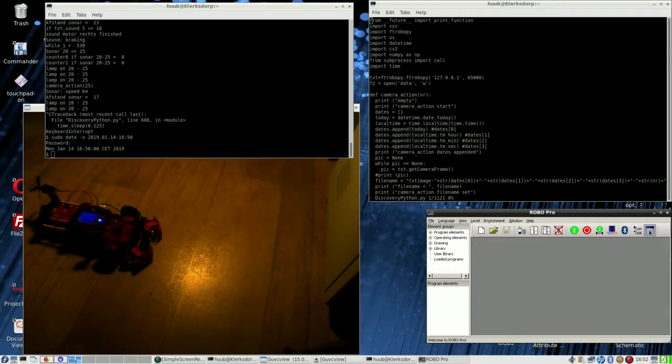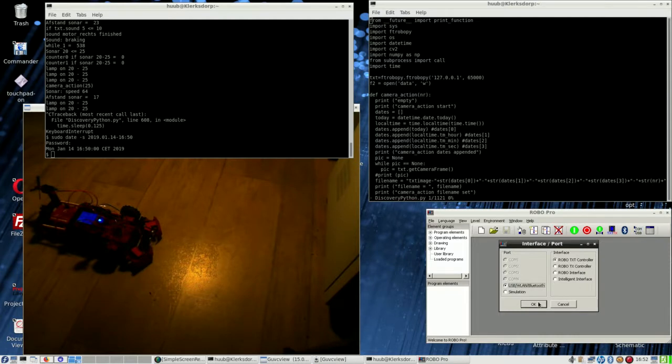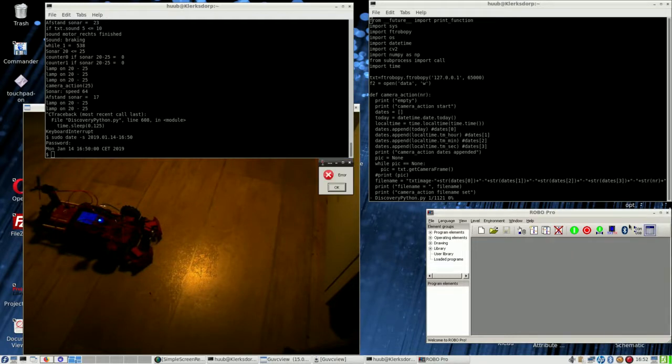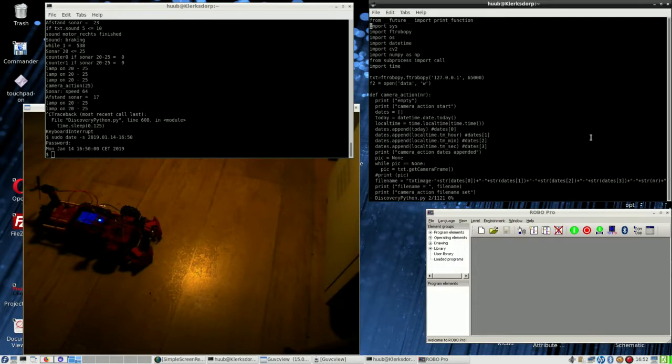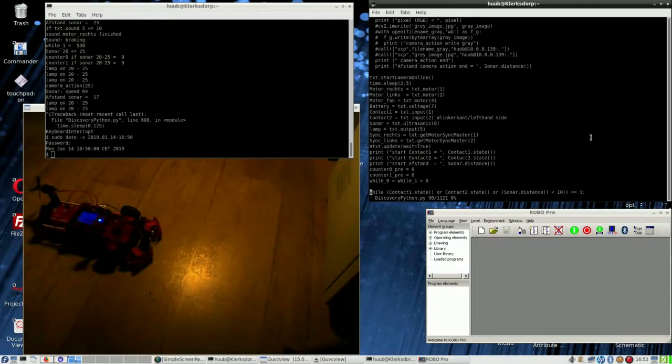Alright, once more, RoboPro did have a problem, does have a problem. And right here, wireless, it is using the same IP address as I'm using here. So yes, it should connect. It doesn't. Then going here,